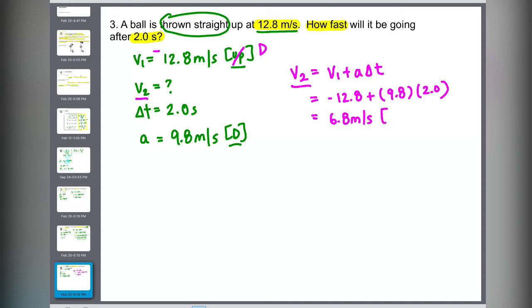Are we okay that it is meters per second? Because it's speed. Speed is measured in meters per second. And the direction that it's in, because we changed